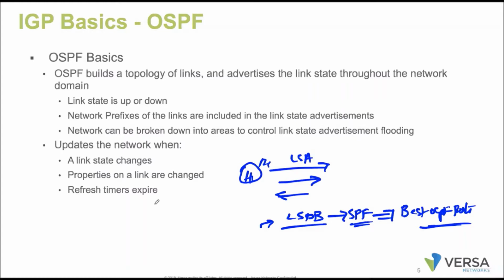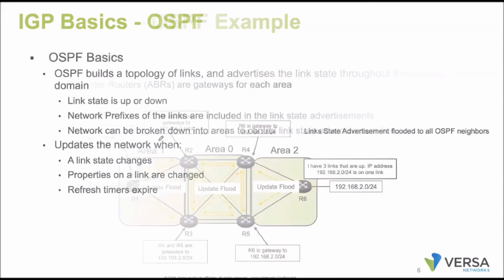All the routers speaking OSPF run on multicast IP addresses. Based on that, they discover the neighbors and start exchanging the LSAs. With the help of the LSAs, they construct the LSDB, and with the help of the SPF algorithm, we get the best OSPF routes. This is a very well-known diagram to all of us.